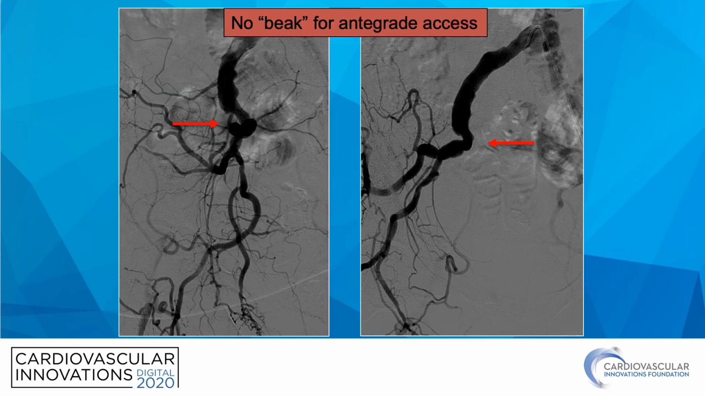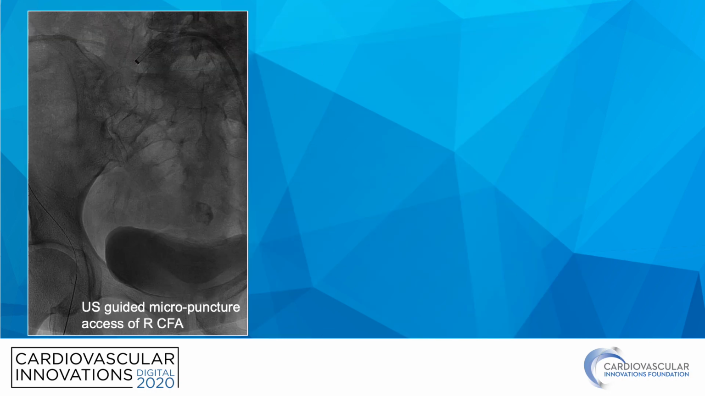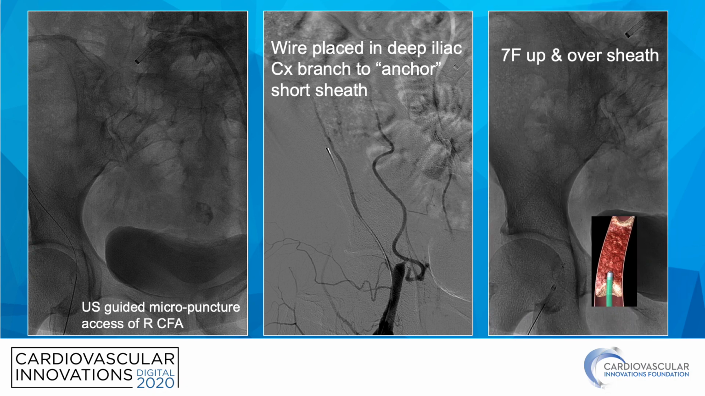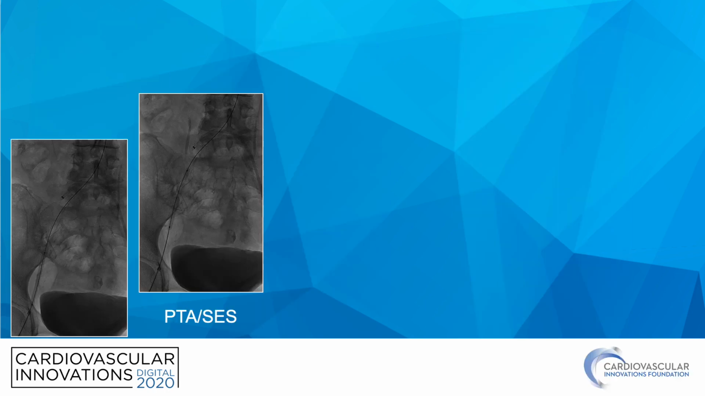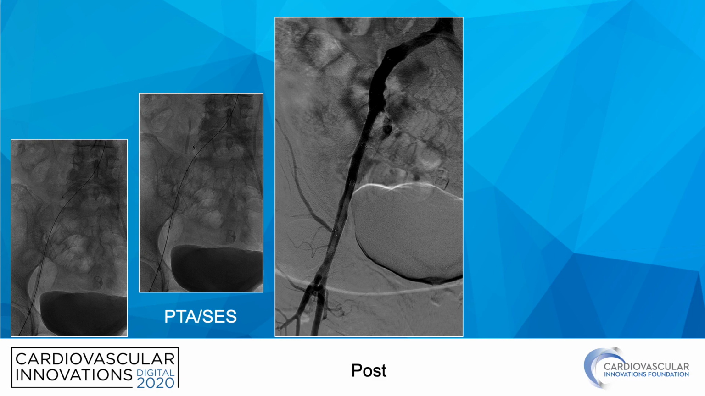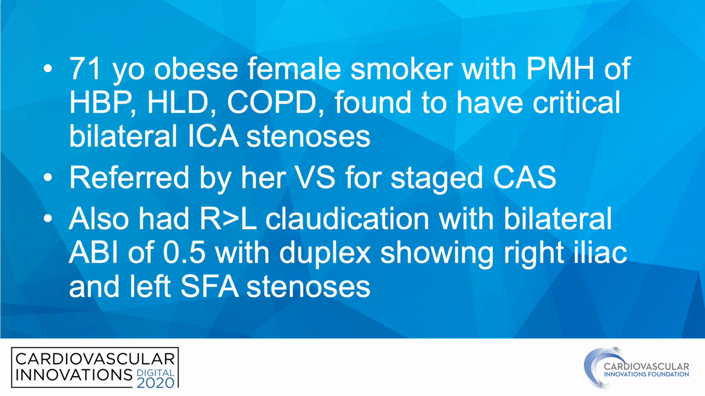Because there was no really good beak for antegrade access, we specifically accessed the right common femoral artery in a retrograde fashion, placing the wire in the deep iliac circumflex branch to give us a little bit more purchase so that we could anchor a short sheath in the common femoral. We're then able to cross that from the retrograde approach with a 14S crosser. Once we confirmed we're in the true lumen, proceeded with balloon angioplasty and self-expanding stents with a very nice angiographic